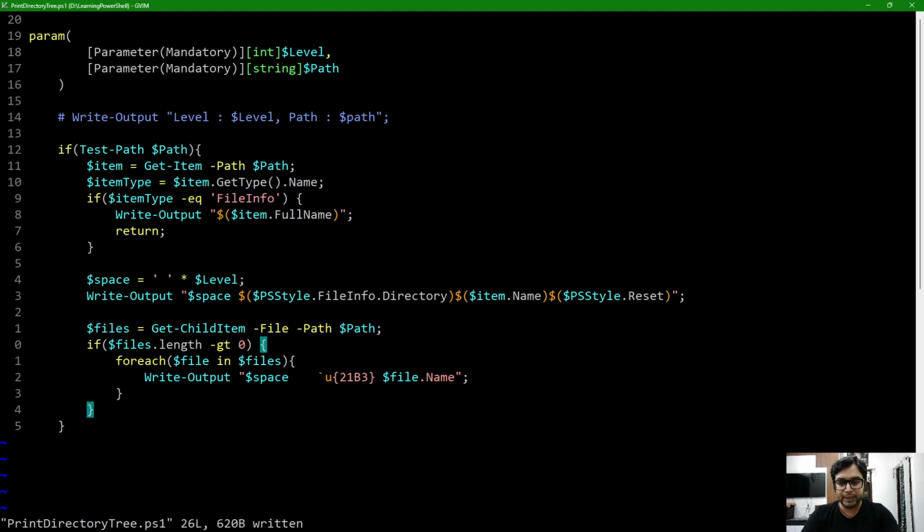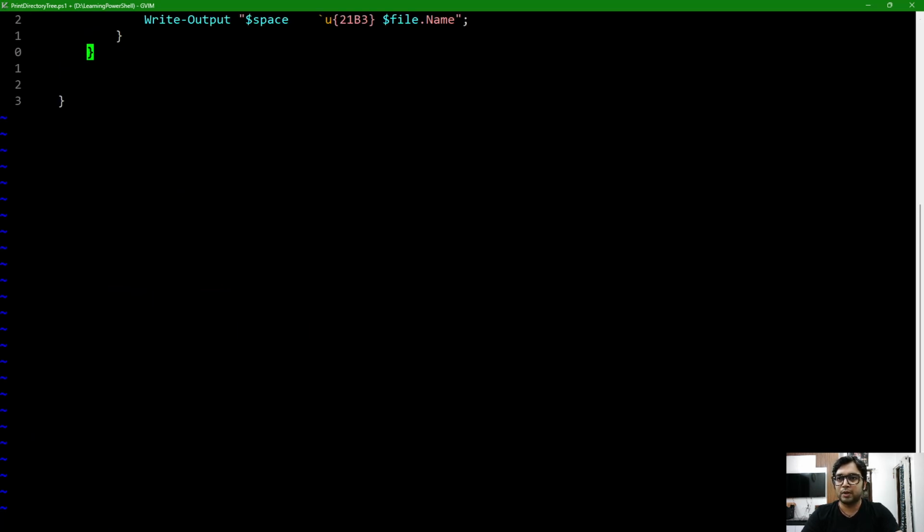Let's go back. We have printed all the files. Now it is time to loop over all the directories, or recurse over all the directories, to recursively print all the contents of files or directories in a directory. So what we are going to do, I'll say directories